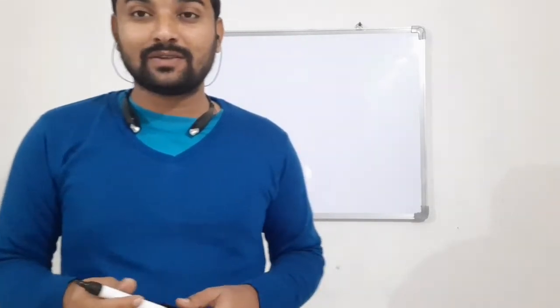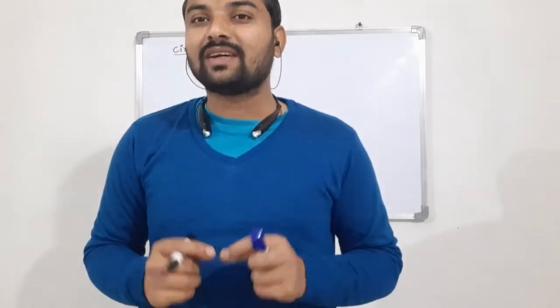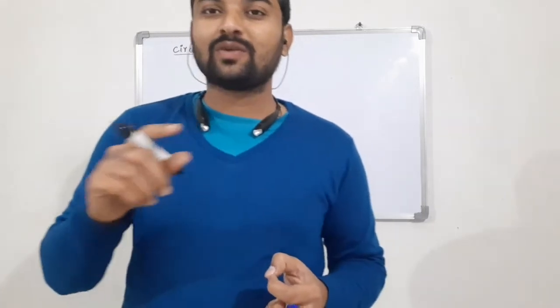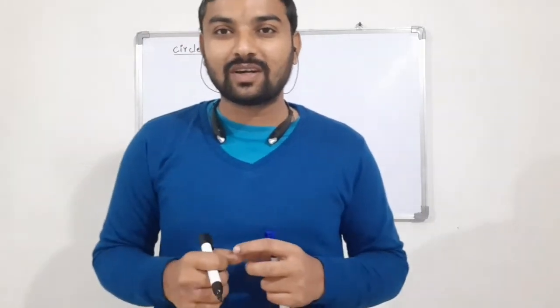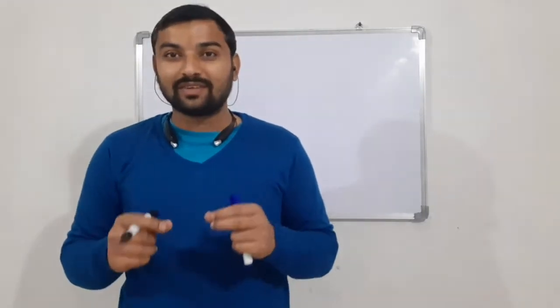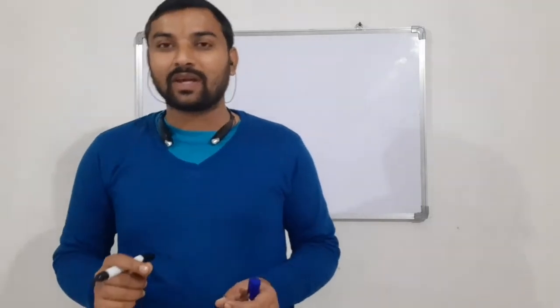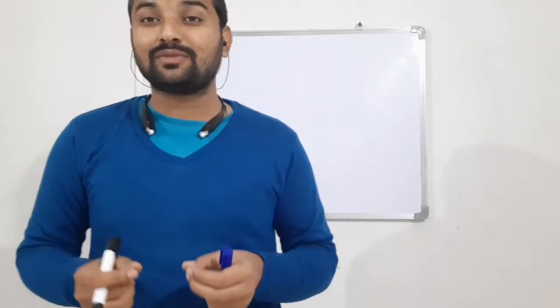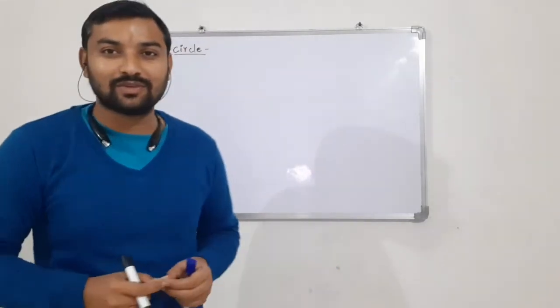तो यहाँ पर जो डेफिनेशन, सर्कल इज डिफाइंड एज द लोकस ऑफ द पॉइंट और द कलेक्शन ऑफ ऑल द पॉइंट्स विच आर एट अ फिक्स्ड डिस्टेंस फ्रॉम अ फिक्स्ड पॉइंट, and that fixed distance is called radius of the circle, and the fixed point is called center of the circle.